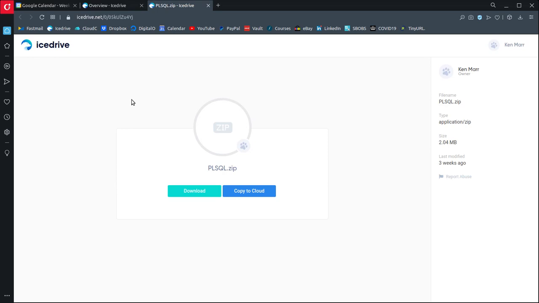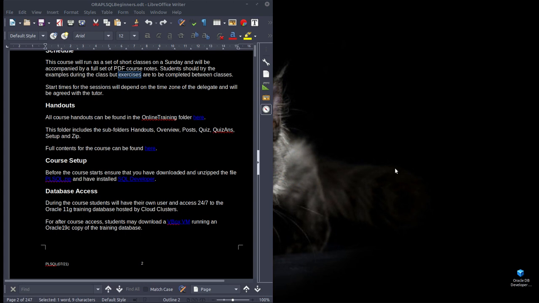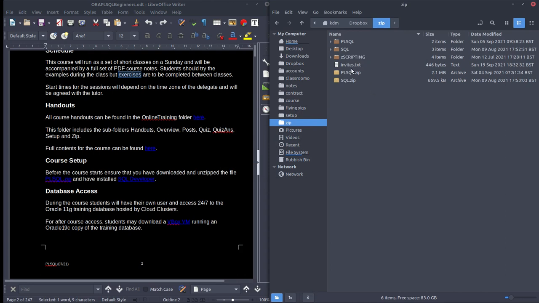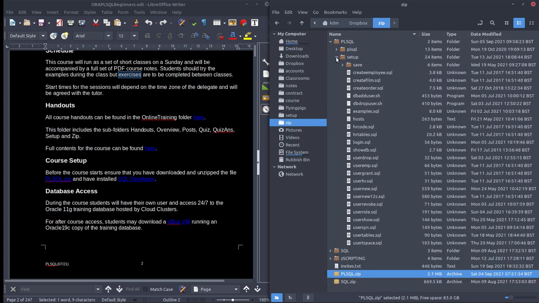Download that, unzip it, and what you'll get is a set of files. Just bear with me, I'll show you them. There we go. There's a zip file. This is the folder I zipped. So what you get is a setup, which is files that I use to create the environment. These ones down here, which you're really not interested in because you have to be an administrator to run these. All the ones beginning user. These ones create the tables that are used in the course. So you might need those to refresh the tables. I'll show you how to use them during the course.